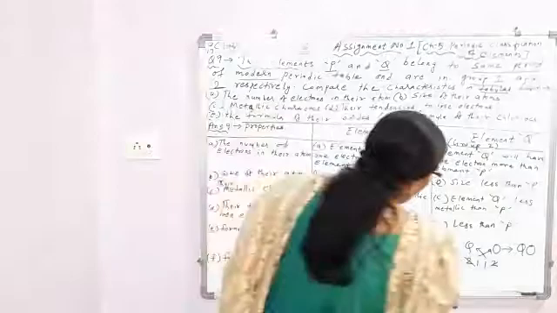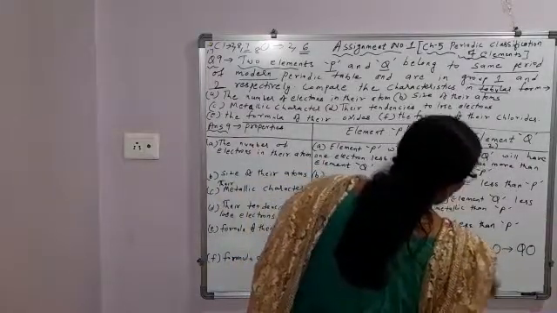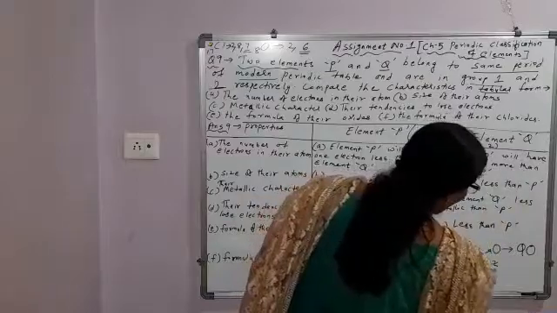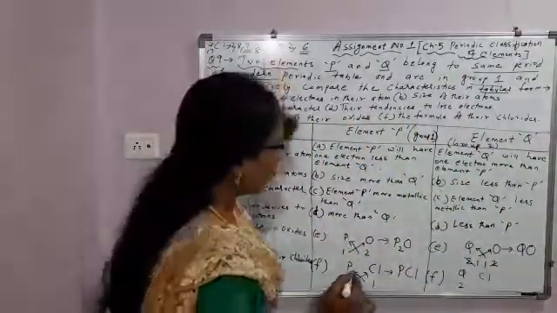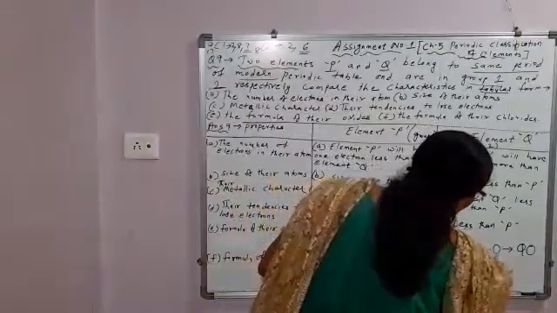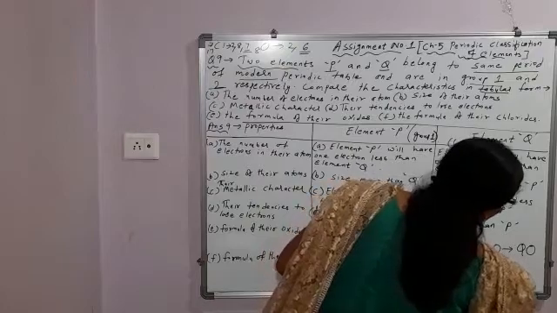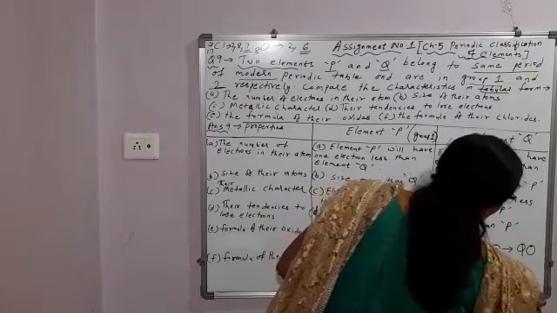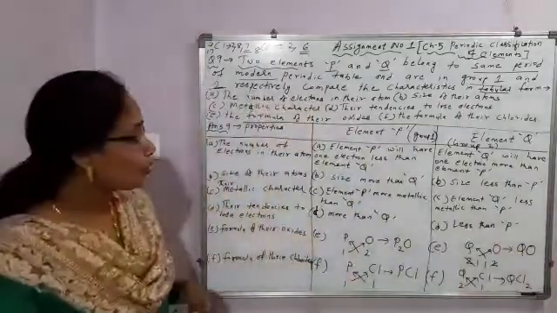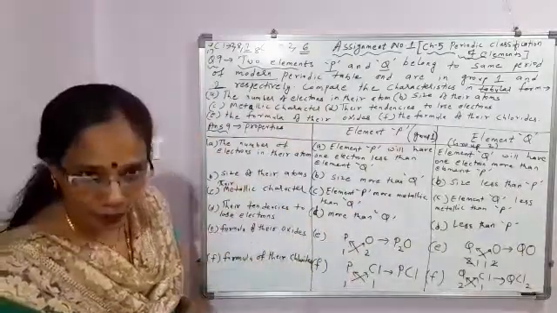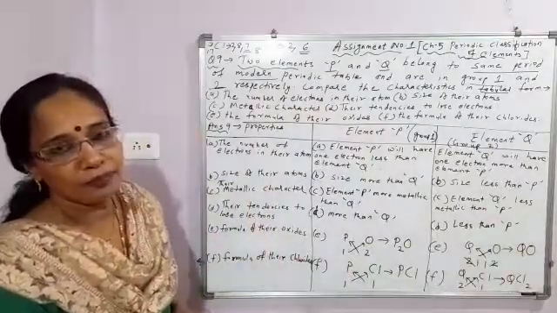Next, formula of its chloride, Q then Cl. Q belongs to group 2. So what is the valency? 2. Directly you can write. And chlorine, what is the valency? 1. Then cross multiply. 1 will go with Q, you will not write it. 2 will go with Cl, Cl2, so QCl2. So students, this way you will compare the properties in tabular form, how it is asked in the question. Okay.